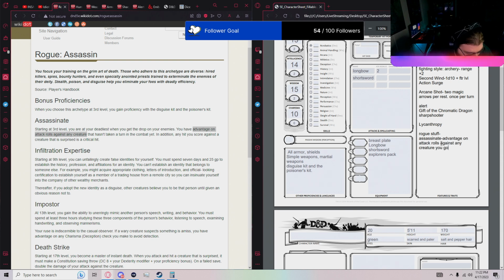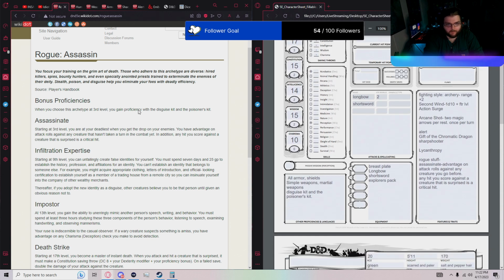You go before. Also, if the creature is surprised, you get a critical. Yep. There we go. Put that there. And this is key because this is really good. And I've always thought that this combo is a really good combo because if we go